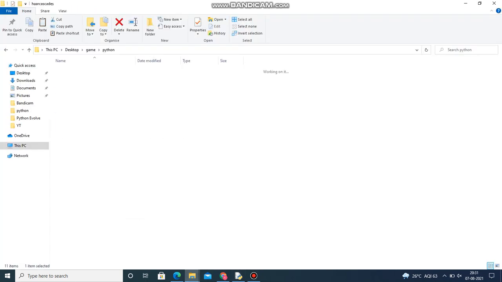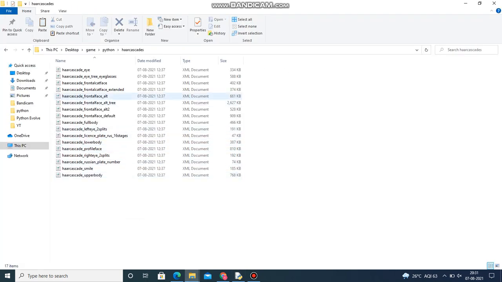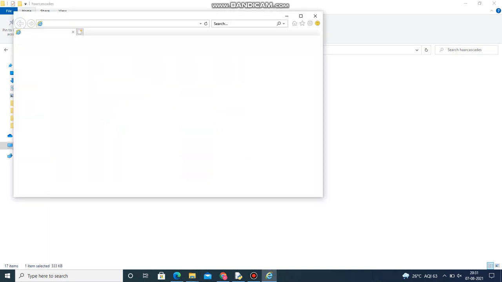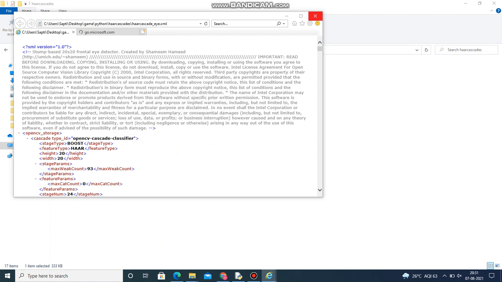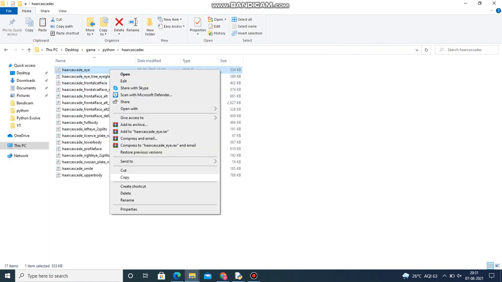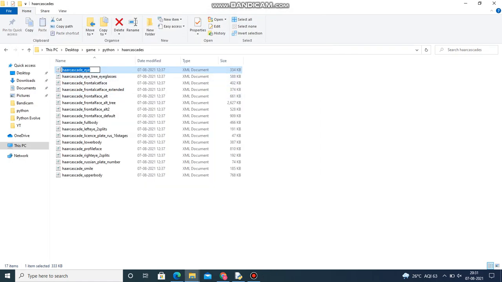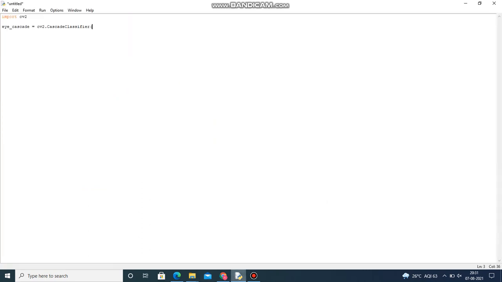Let's go to the Haar cascades, and here you can see the eye, right? We are going to choose the eye. Just take the file name, copy it, and then come back to our code and paste it.